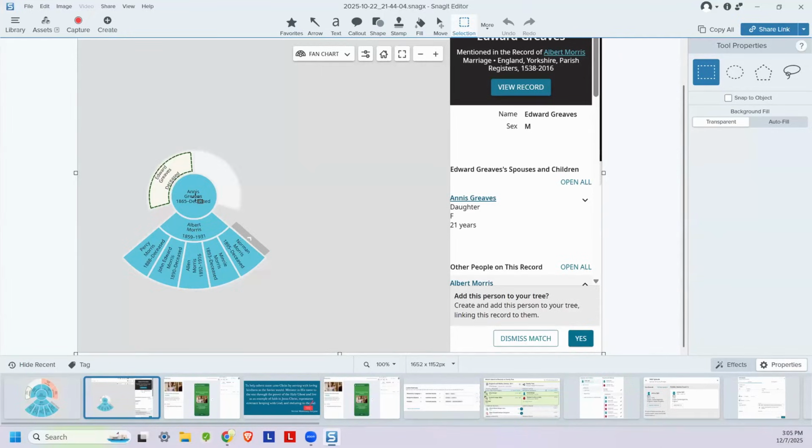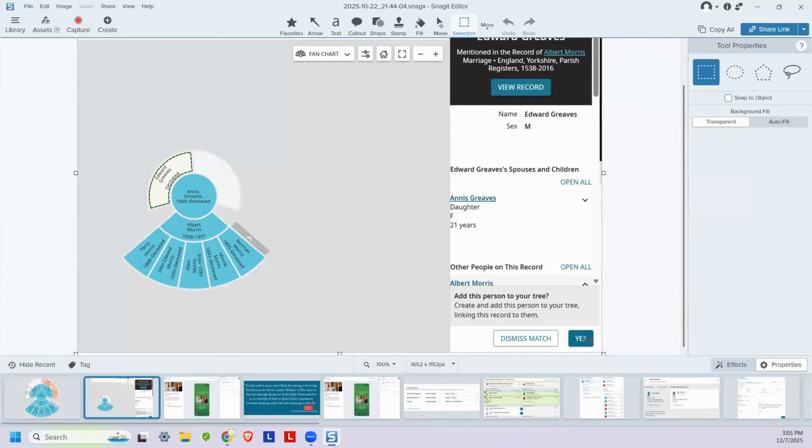I can make sure that her dad really is Edward, because sometimes in England, Edward and Edwin get mixed up. I can find her as a child with her parents so that I can find out when her dad was born, where her dad was born, who her dad married, and who her siblings are. And then when I know that information, I can come back, and I'm not going to use this hint because